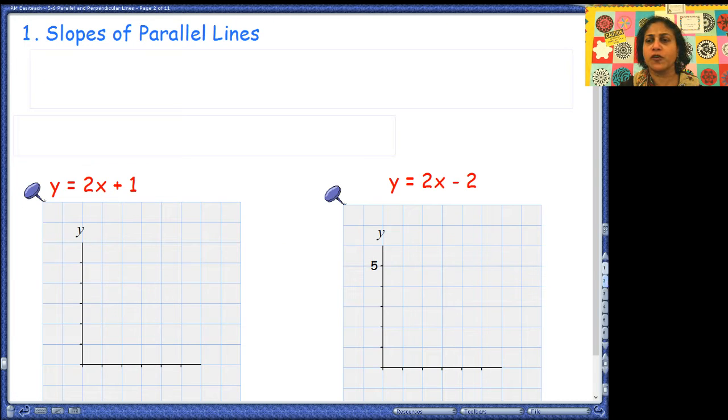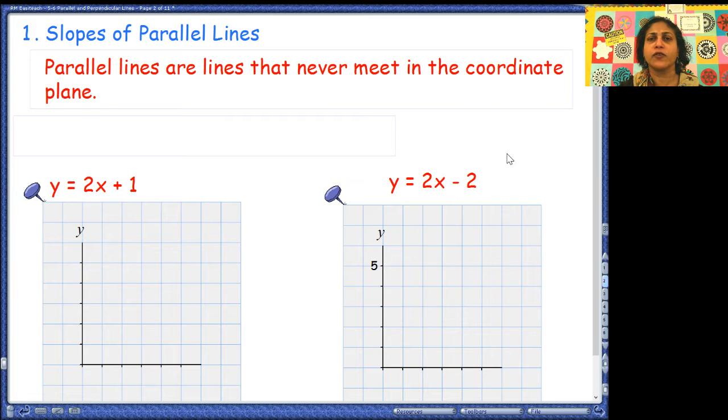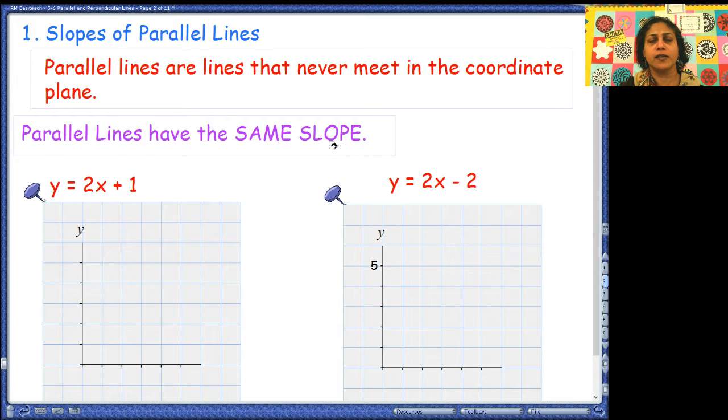So, slopes of parallel lines. Parallel lines are lines that never meet in the coordinate plane. That means they just go on forever. As a result, they have the same slope. So if you look at these two equations, we have the same slope but different y-intercepts, and I'm going to